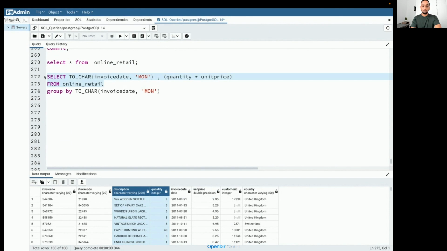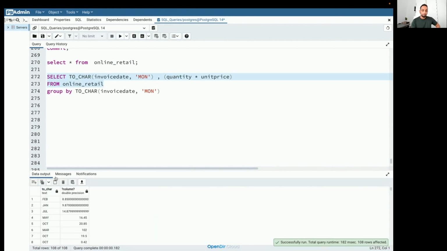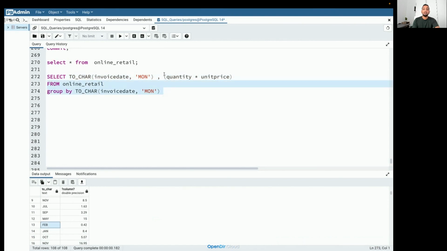So if I run this without the group by, you can see that I'm getting the value, right? But here I have Feb, and again Feb, etc. So when I'm doing group by of this, in order to consider the value from this, either I will need to include all of these columns into the group by clause, or I need to enclose this into an aggregate function, right? So in this case, should I put these two columns into the group by clause, or should I enclose this into an aggregate function to get the answer that I want?